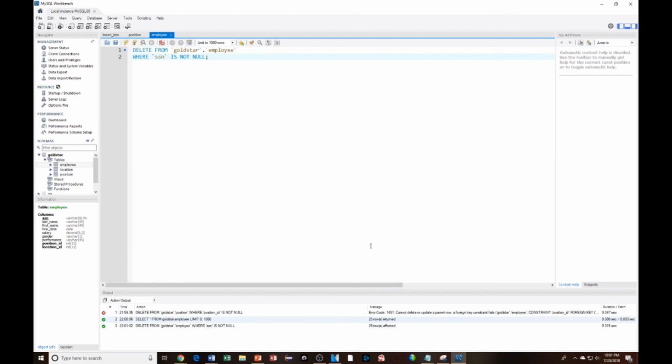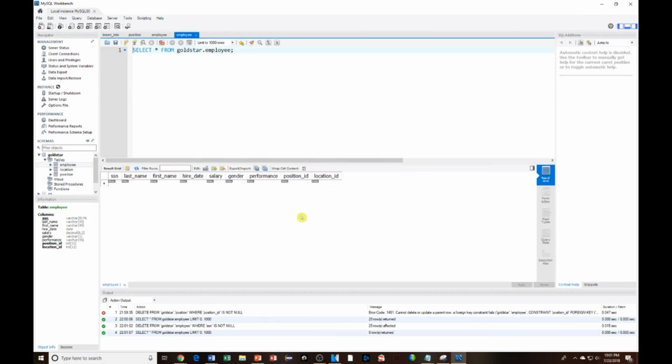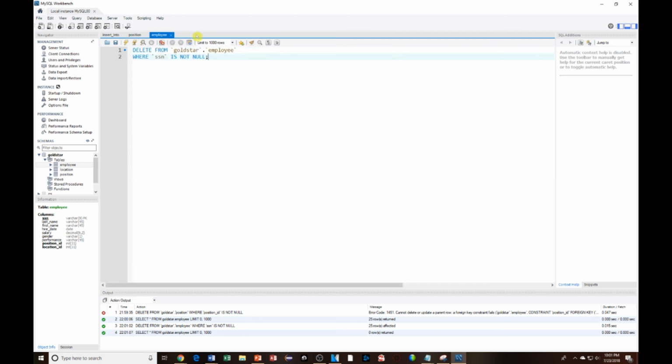execute, and you'll see that that finally worked. So now if I open the employee table back up, you'll see that there's nothing there. And so now I should be able to delete from the other tables as well. So let's delete from the position table where the position ID is not null. Now that works just fine. And finally delete from the location table where location ID is not null. So it seems like we're working backwards, but this will be important information for you when you're working on your